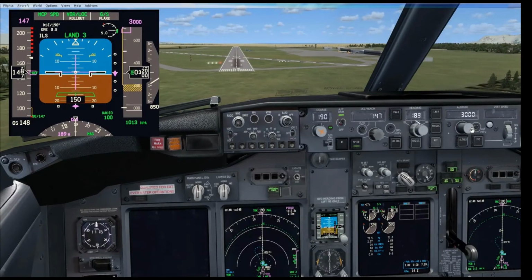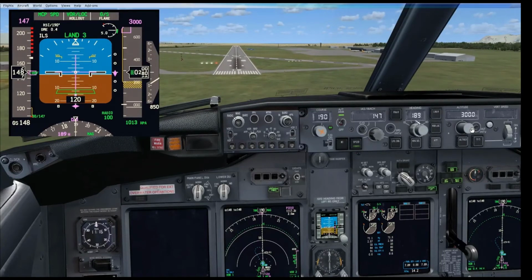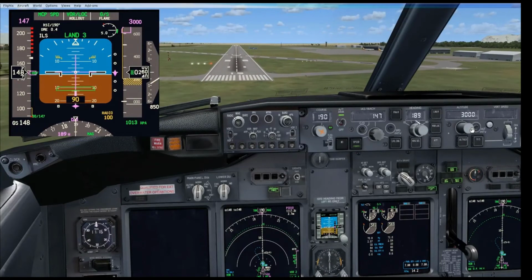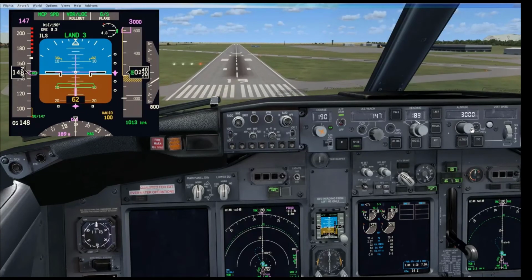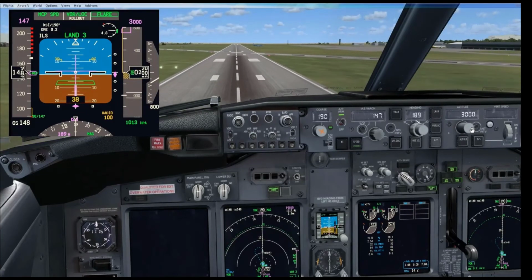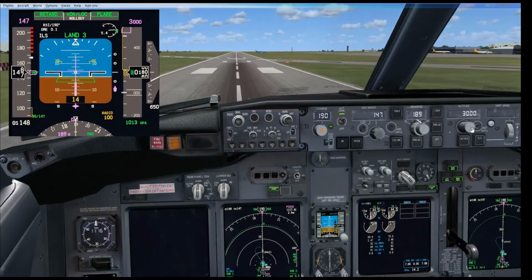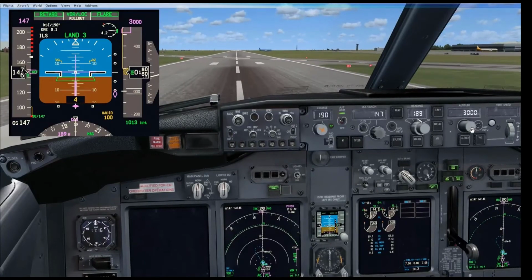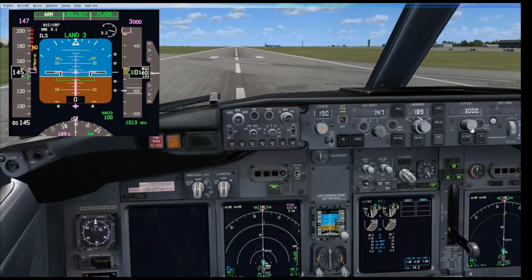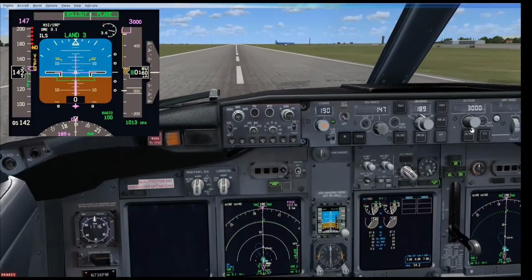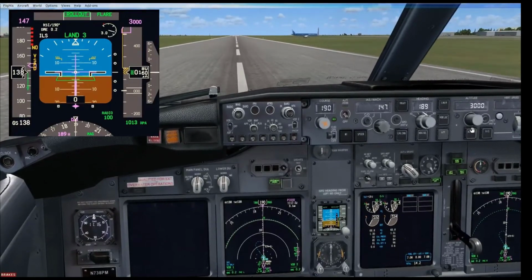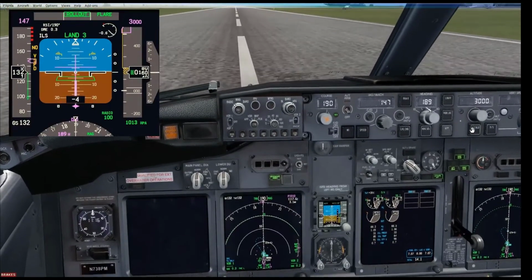As we come in for the auto land, my job will be to keep the aircraft on the center line using the rudder, and then below 80 knots I will brake manually, switch off the autopilots. You'll see that the auto throttle automatically switches off.